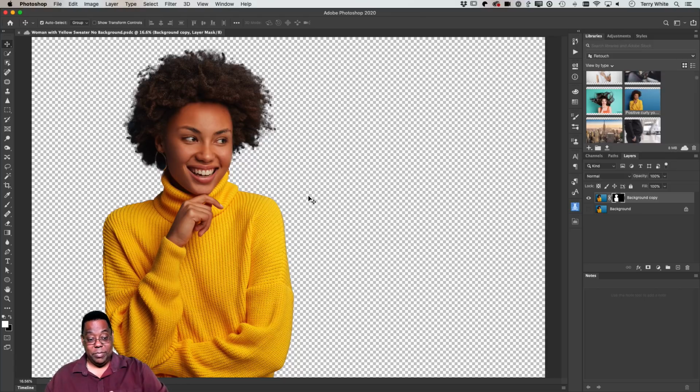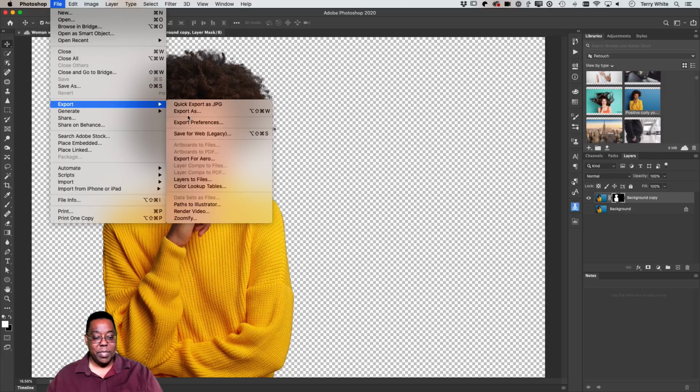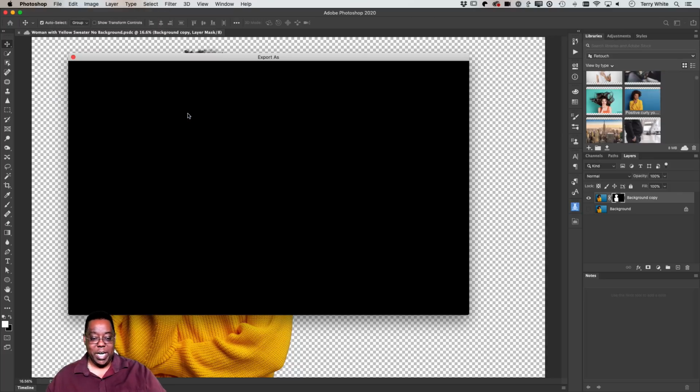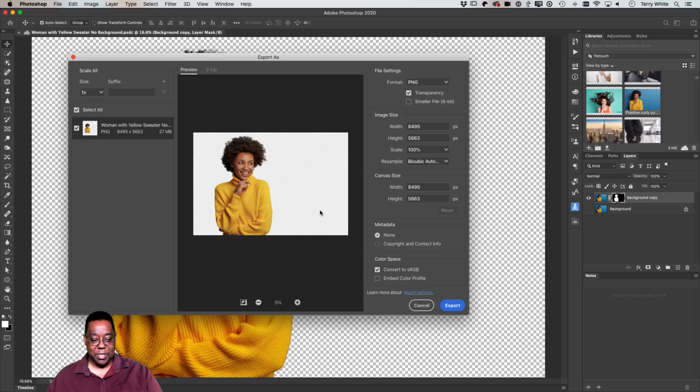All right, next up. So stop doing save as because you have better ways. File, export. This export menu is what's going to ultimately replace save as for all the other formats. In other words, if I just want a JPEG, a PNG file, a GIF, or whatever, that's what export as is for now. When I do export as, I get a bunch of options that I like now. This has come a long way since when I first started working with it, so I like it a lot better than I used to. First and foremost, I get the ability to export it as a transparent PNG or not.